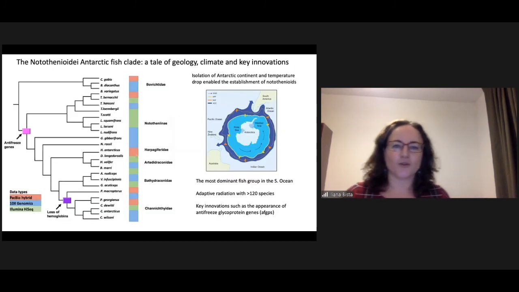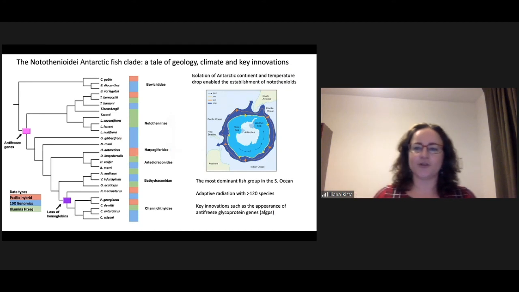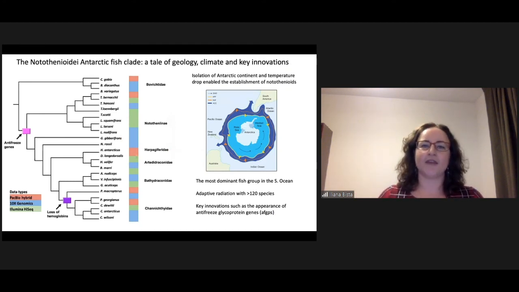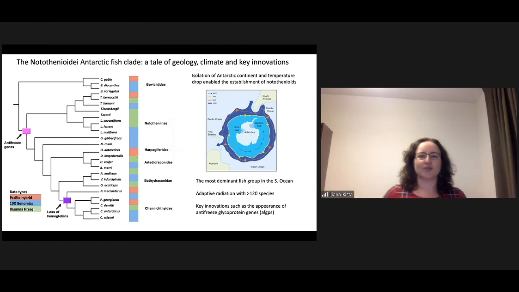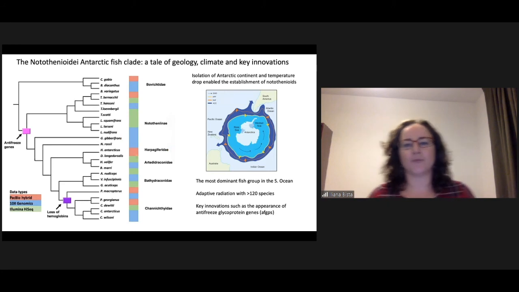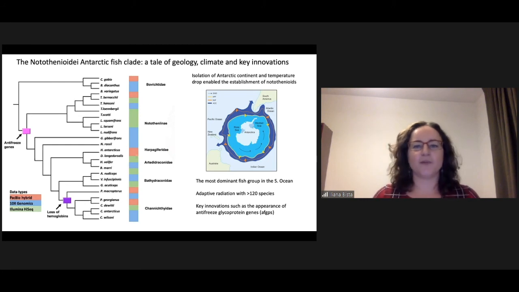So basically, the notothenioids are the most dominant group of fish in the Antarctic Ocean and the Southern Ocean, and their evolution is very closely related to the isolation of the Antarctic continent from the surrounding lands, which caused a massive drop in water temperature and eradicated many other species at the time. Also, some key innovations, for example the appearance of antifreeze glycoproteins, also played an important role in the